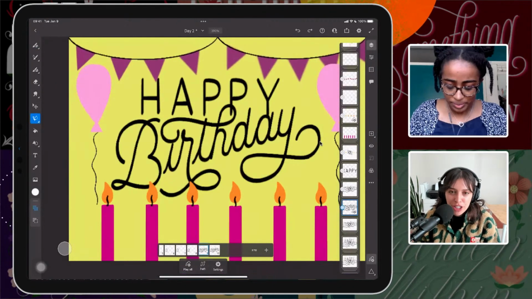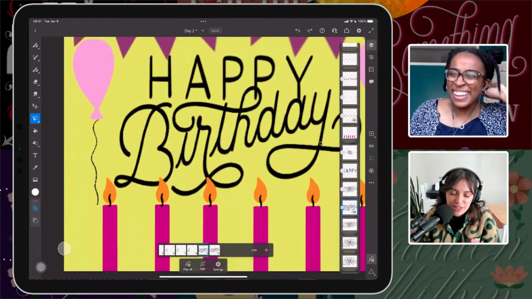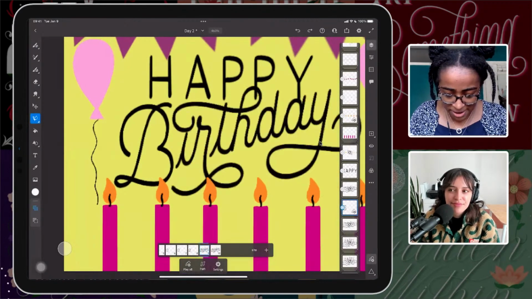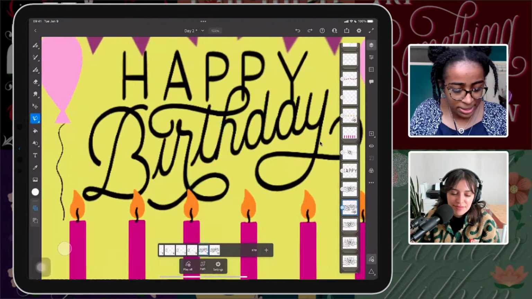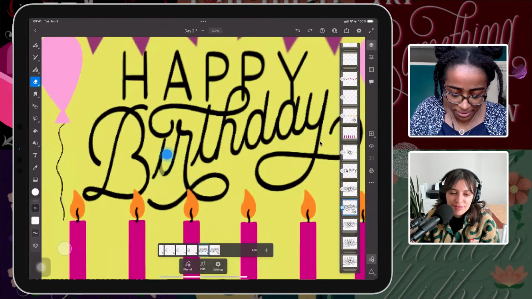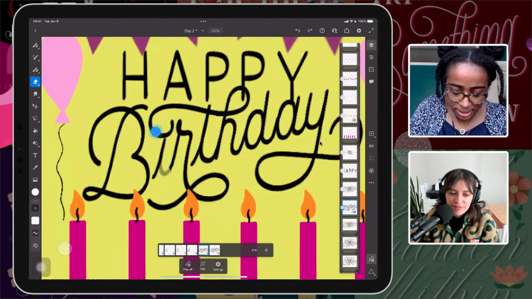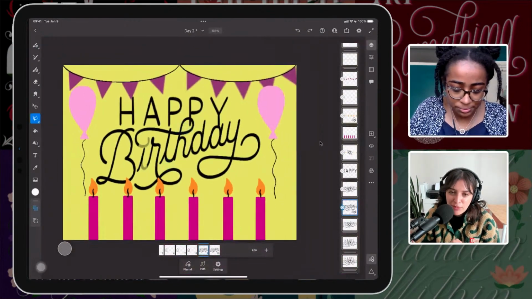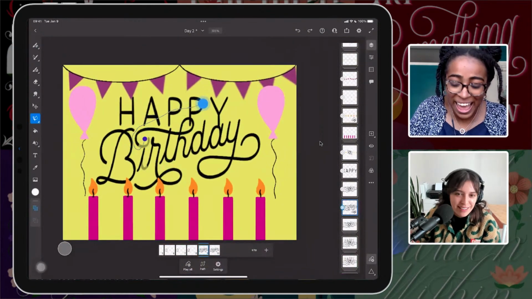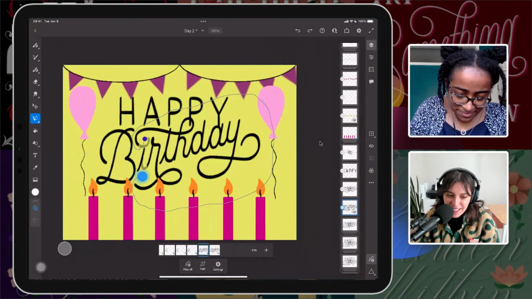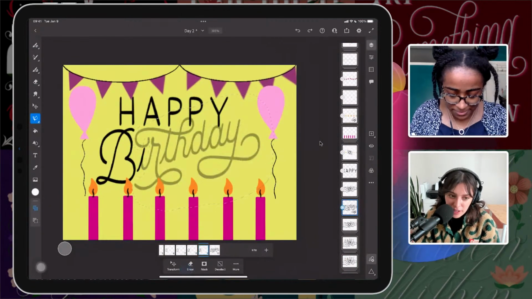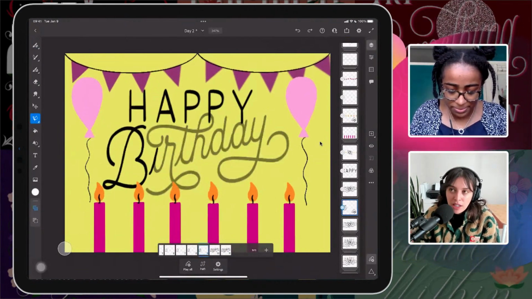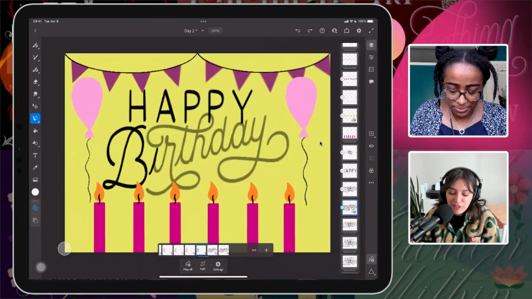Yeah, because you know what your vision is, so you can tweak it as you go along. Yeah, exactly. You go along with it and then see where you end up, which is also the fun part of animating, because with animation, any little thing that you do that makes it come to life, you're like, love it. This is great, amazing. And it doesn't even have to be that dramatic. Like the flame twitching, that wasn't super complex, but it still added so much liveliness to the